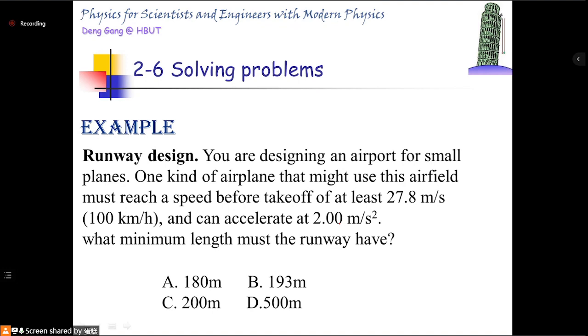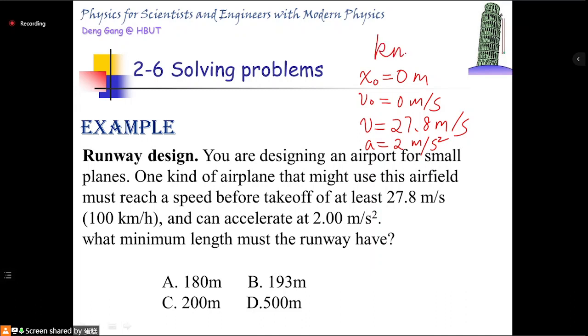That means we know V_x0 is still 0, v0 is still 0 meters per second, and we know the final velocity should be 27.8 meters per second, and a is equal to 2 meters per second squared. We are going to find out